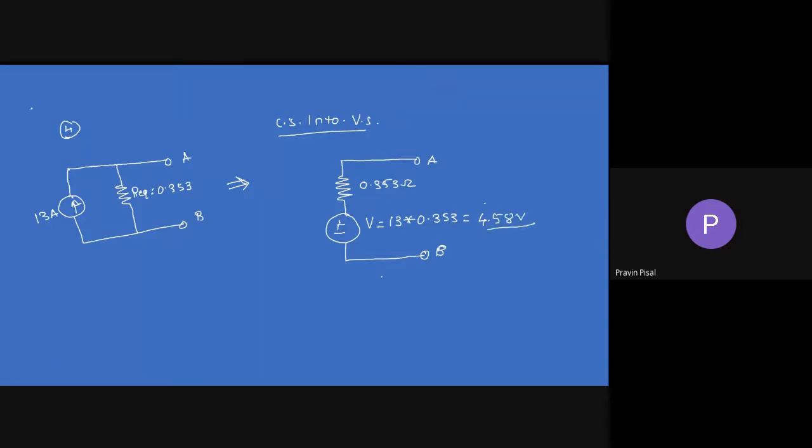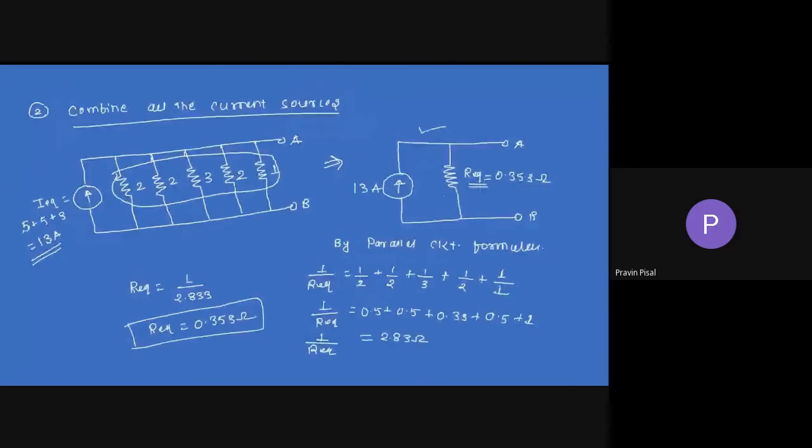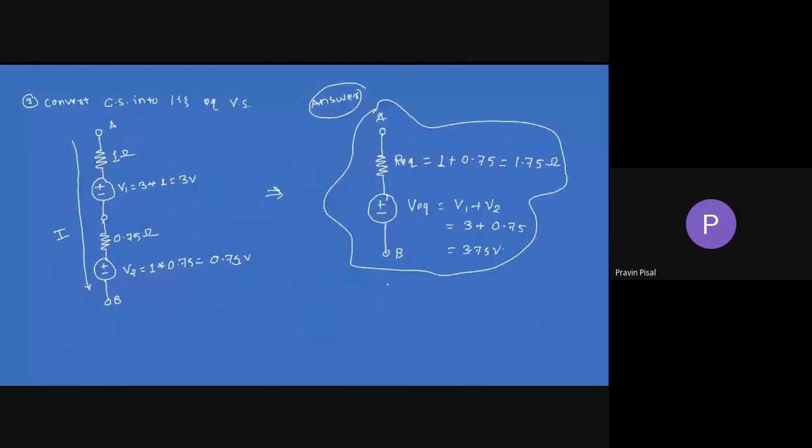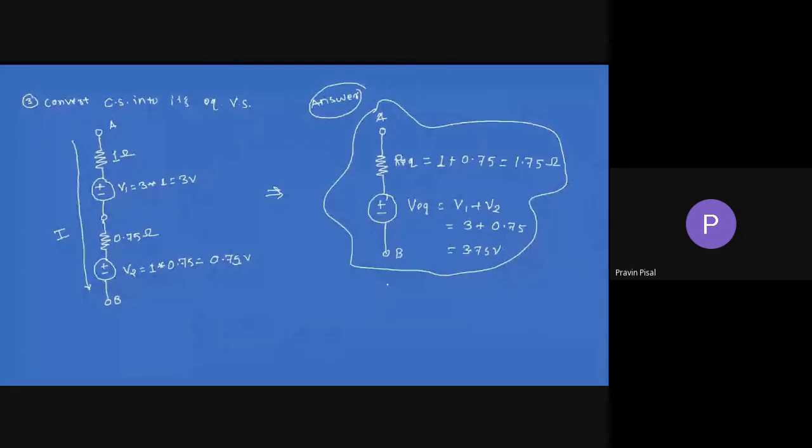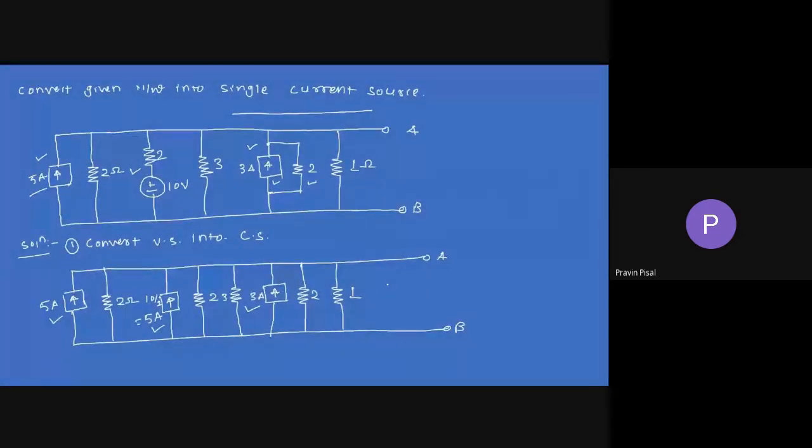So you can write your answer in this way, or you can write your answer in this way also. Both answers are correct. But see the question, what they have asked. If they have asked for the current source, write your answer in the current source form. If they have asked for the voltage source form, you will write your answer as a voltage source. Okay. So here I have discussed the two most basic and important numericals of source transformation.